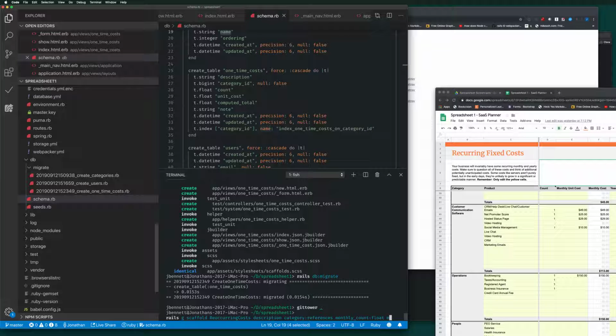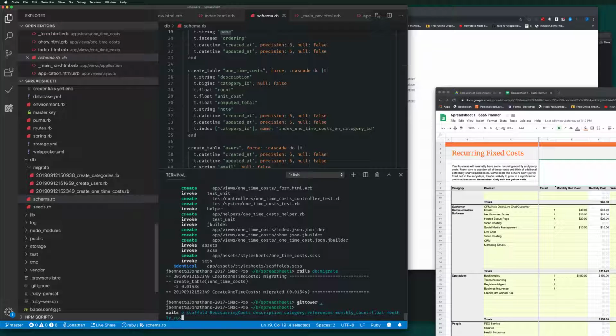We have our monthly cost, which is a float, and our computed monthly total, which is a float. We'll have our yearly count, yearly unit cost, which is a float,